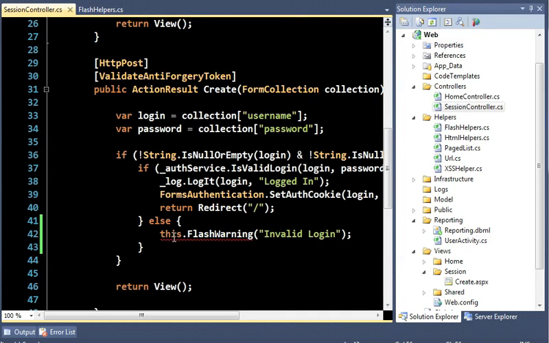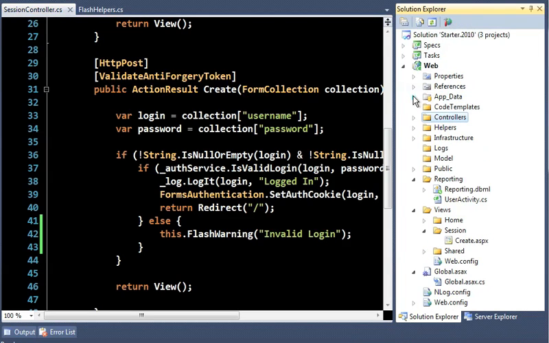You don't want to say couldn't find your password, don't know if you're a user, and so on. So I'm just saying flash a warning. Boom, invalid login. Easy enough. Now, if I want to show this, I want to do the Stack Overflow thing, and I want to make